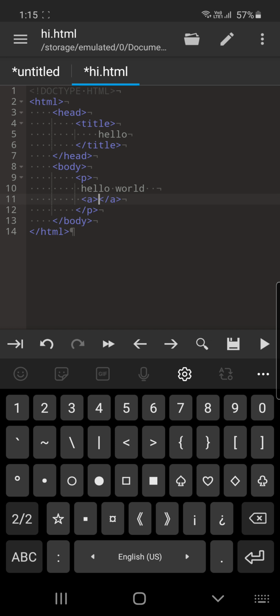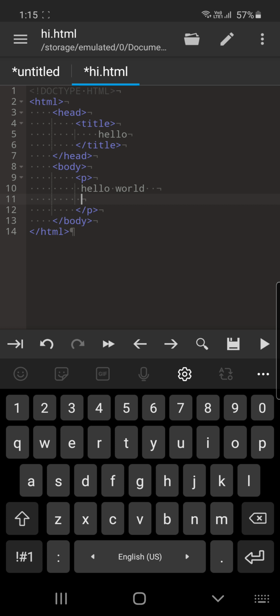Forward slash means that is the ending tag, and all of the tags which contain such kind of a forward slash with an ending tag are called the container tags. Why? Because such as the p tag that we just saw right now, it is containing something within it, but doctype HTML is not containing within it something.